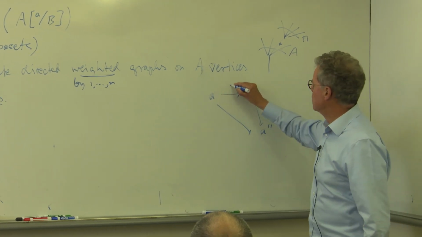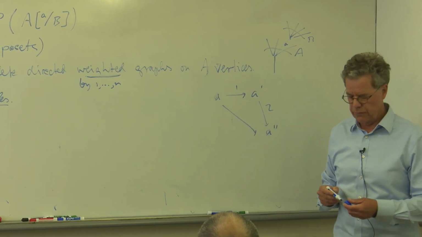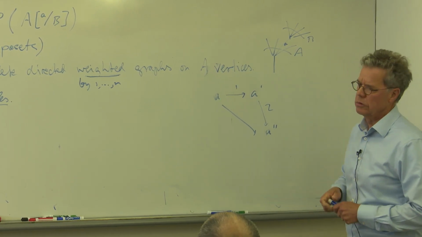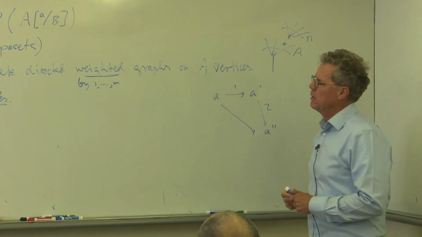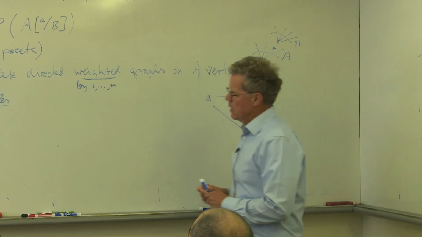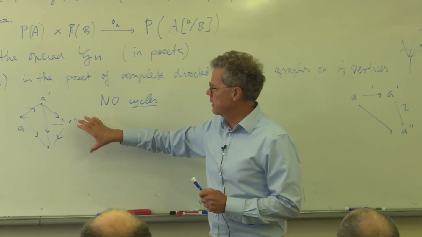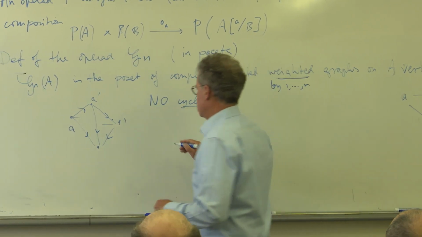Okay? So 1, 2, 1, for example, this would be an element of G, 2, 3. Okay? Now, I hope that's clear. That's a relatively simple condition. But I haven't told you what the partial order is. Okay? So